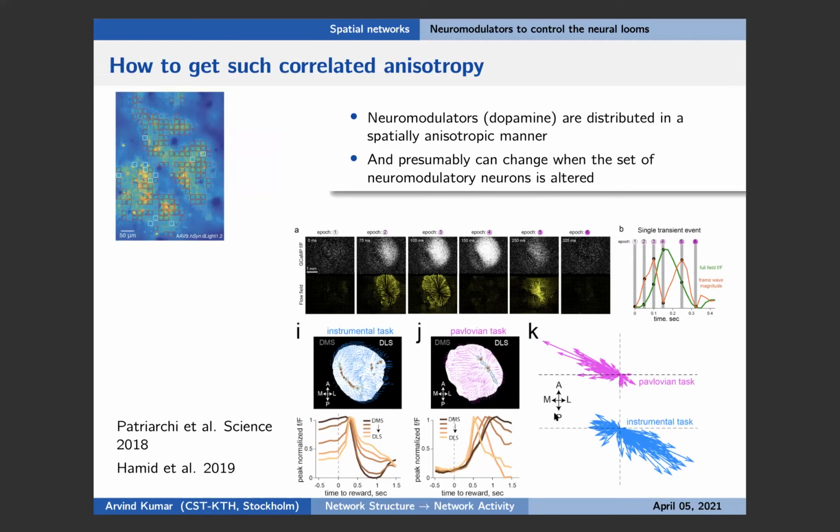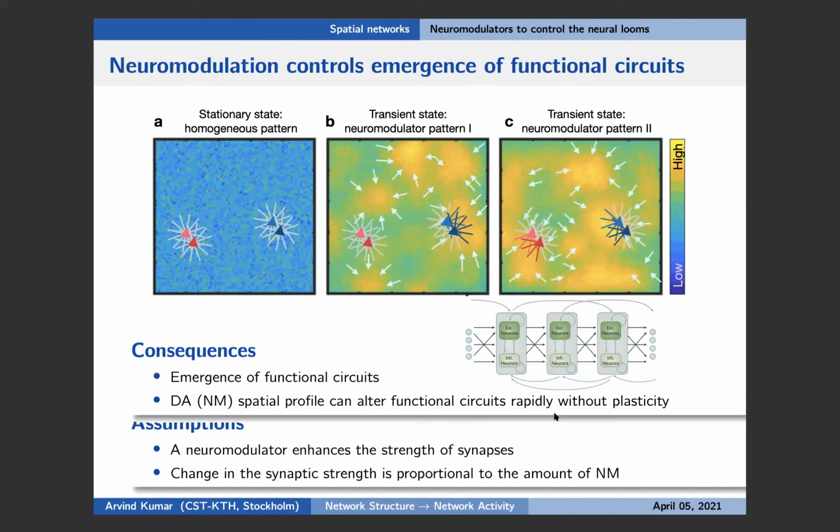So neuromodulators are constantly being released in different behavioral conditions as animals are getting rewarded or not. That means these modulatory substances have a chance to shape the structure, and the shaping of the structure will depend on the release pattern of the modulator itself. So here's a schematic where you start with a completely homogeneous network, and then comes this cloud of dopamine because of whatever task condition was there. Neurons that end up, or synapses that end up in that region, they will get strengthened. So essentially, this network will be restructured according to the spatial and temporal gradient of neuromodulators.